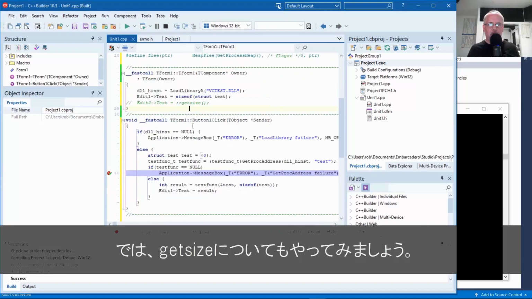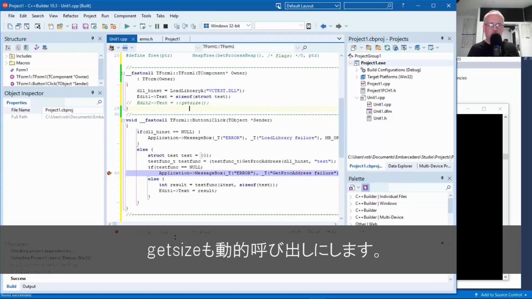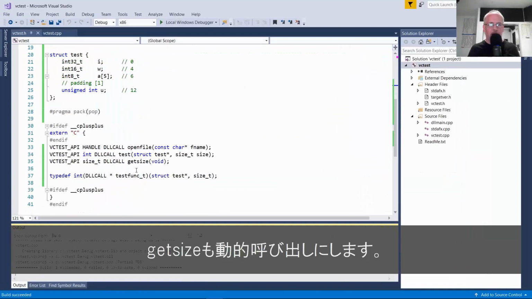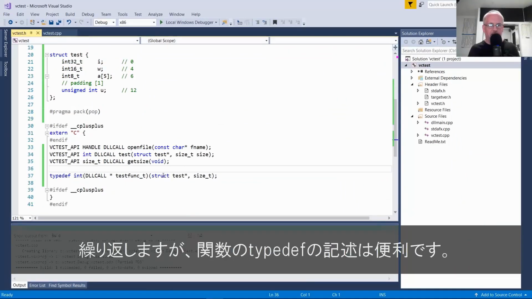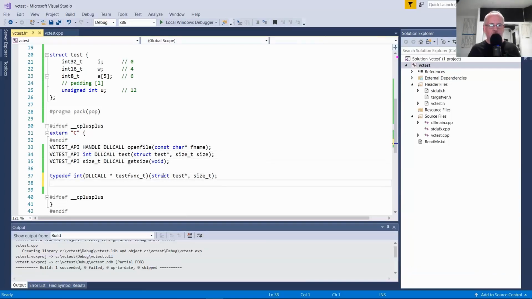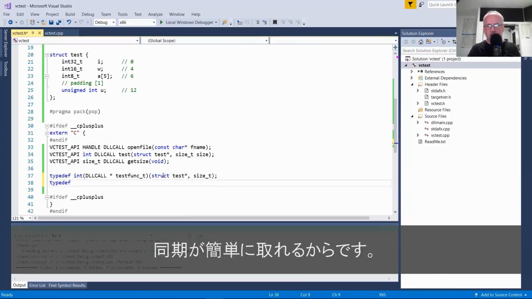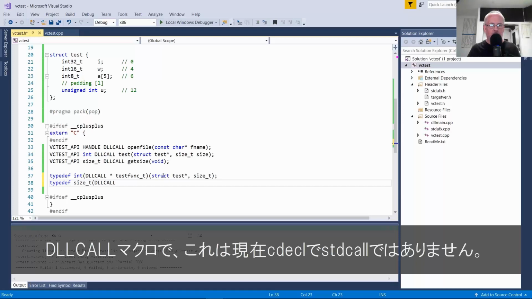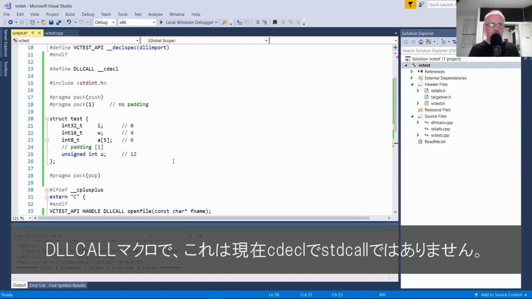Let's say we want to do the get size. We want to add a way to dynamically call that get size. So again, a function typedef comes in handy. So I'm going to add it here. It's easy to keep them synchronized. It returns the size_t. We need the DLL call macro, which is now cdecl, not stdcall.